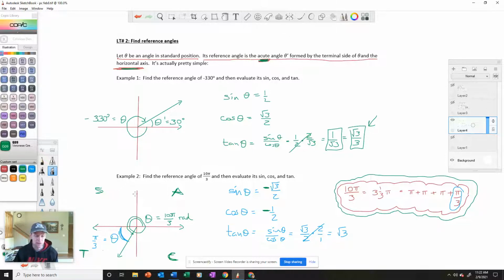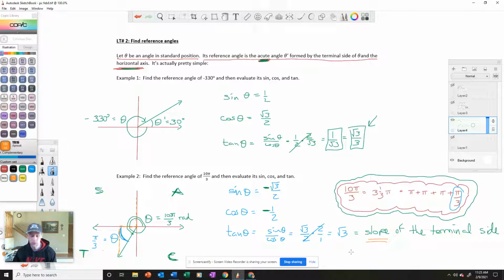By the way, I don't know if I mentioned this before, but the tangent is actually the slope of the terminal side. Always. The tangent is always the slope of the terminal side. And if you think about it, it's quite obvious why. Because remember, the tangent is defined as opposite over adjacent. And look at this. What is the opposite over adjacent? Isn't the opposite over adjacent simply rise over run? Look at it. Opposite over adjacent is rise over run. So because the opposite over the adjacent is actually the rise over the run, your tangent is going to be the slope of the terminal side,